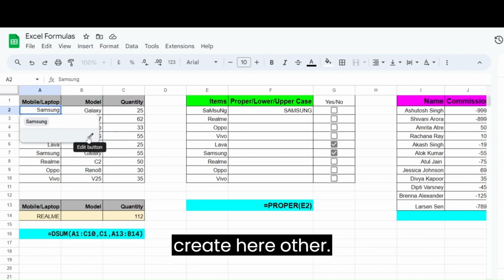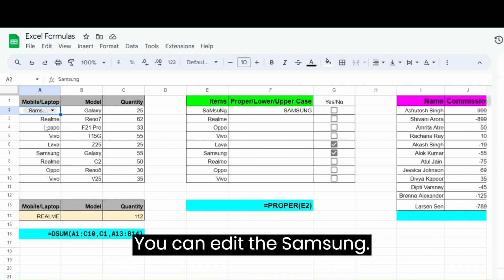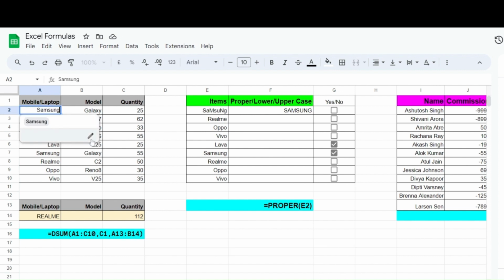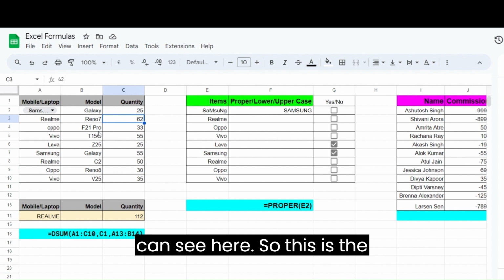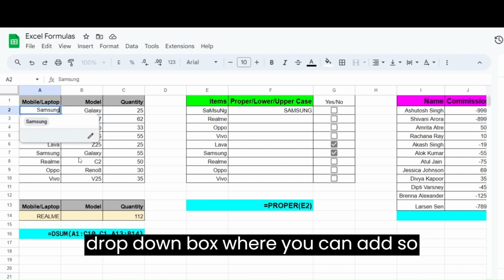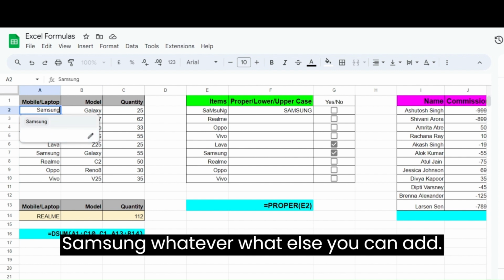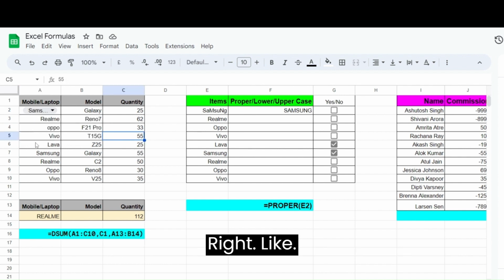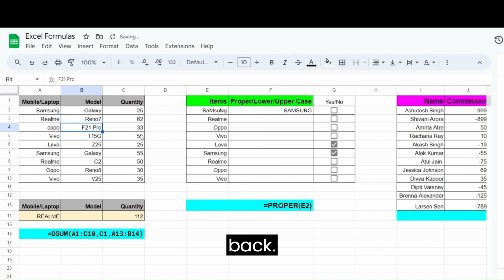So you can create here other, you can edit the Samsung and edit button. This is the edit button you can see here. So this is the drop down box where you can add so many things here so that you can get in Samsung whatever what else you can add, right? Like press Ctrl Z to get my sheet back,